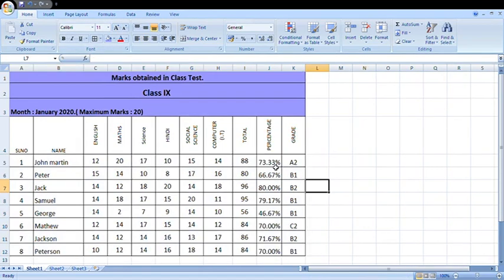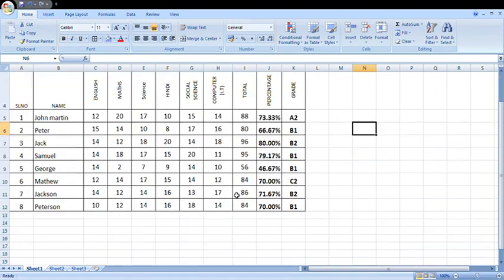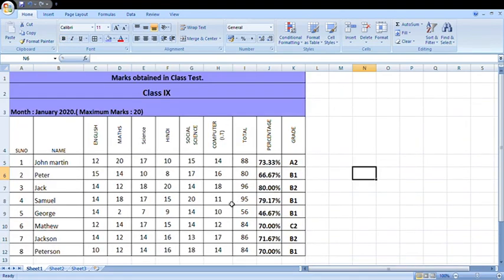You can make this one the gradient percentage. It's bold. Now your worksheet, the mark sheet, is ready. You can even rename the mark sheet, like rename everything here, January 2020.